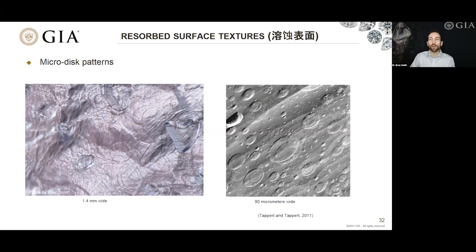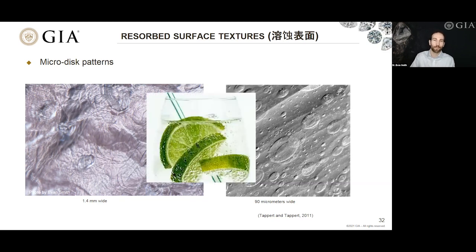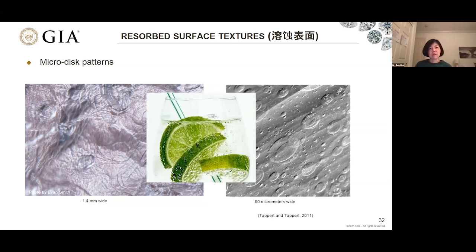Here we see many overlapping circles called microdisc pattern, and the circles might be controlled by the shape of bubbles in the hot fluid that caused this etching. 我们现在看到它表面有很多小圆盘状的特征。刚才我们讲内部决定外部，但也不是100%都是这样。比如钻石和周围的热液接触时，热液里的一些气泡也会在表面溶蚀，留下这种痕迹，所以这些小圆圈就跟气泡有关。